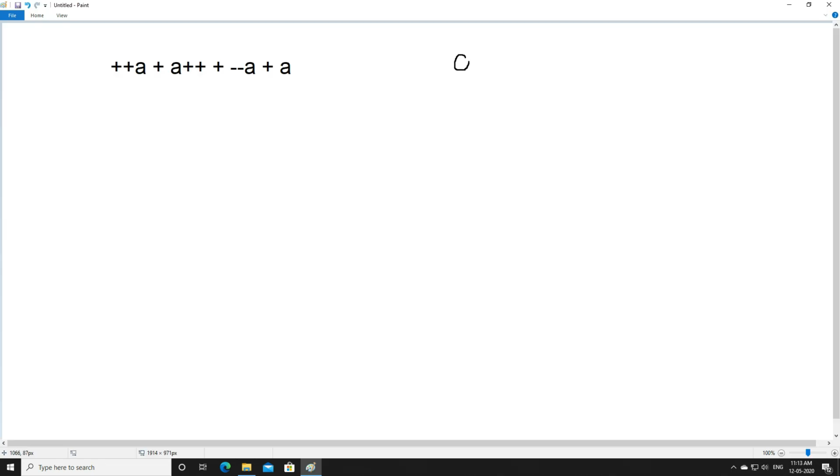What is the initial value of a here? The initial value of a is 5, right? Now because of ++a, first the value of a will get changed. Please remember, we have to be very clear with the concept of pre and post. Pre-increment states that first you have to increase the value, then you can use it.